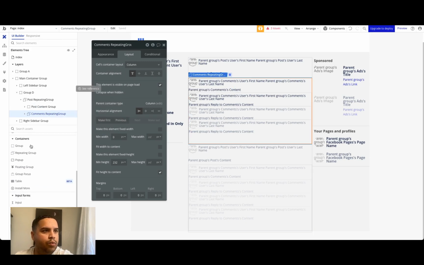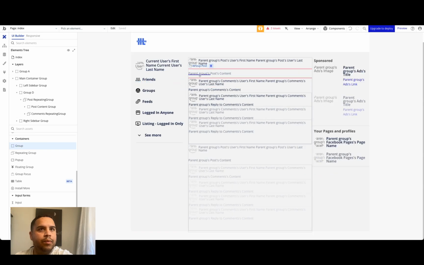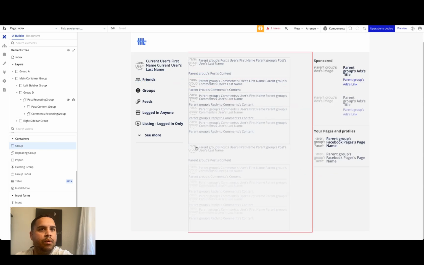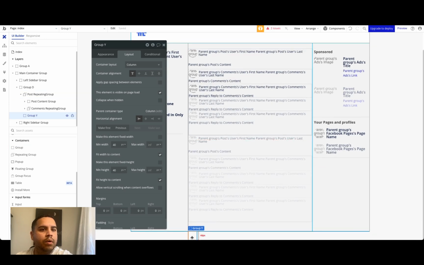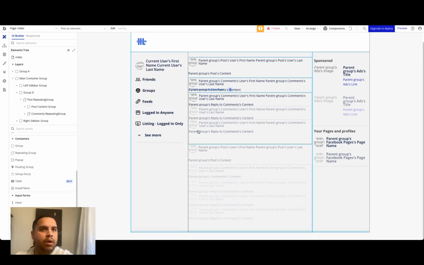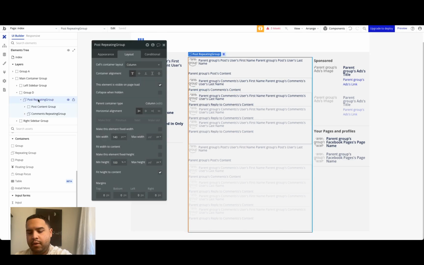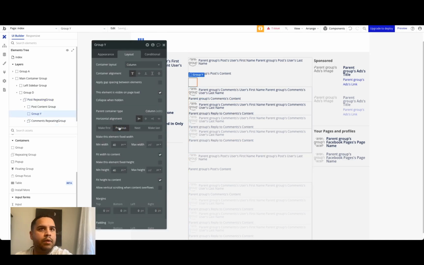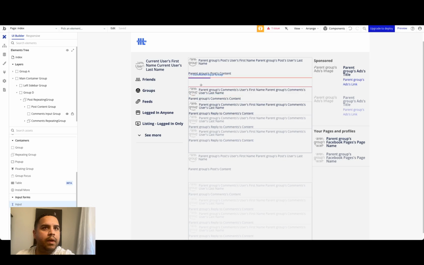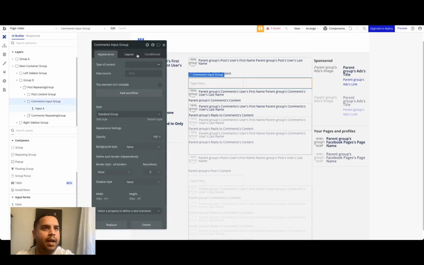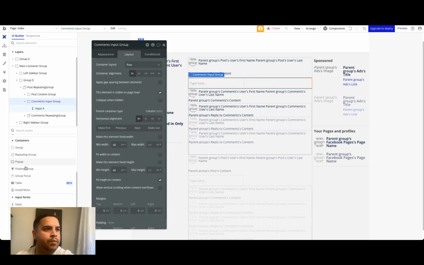Lastly, we are going to drop a group in the post repeating group. It's going to stand on the way out. And this is going to be the comment input group. And this is going to contain an input. This is going to be a row, and it's